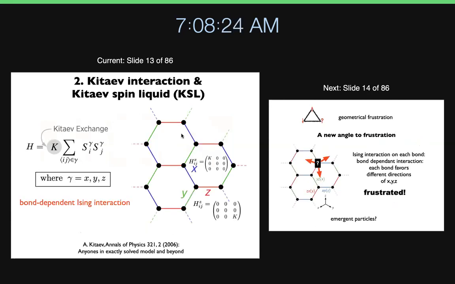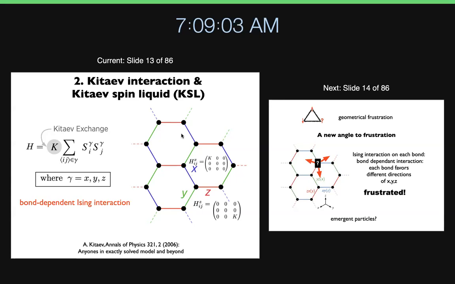All right, and a different angle came from the Kitaev interactions, where the Kitaev spin liquid, I will have just a couple of slides on this, basically has bond-dependent interactions. If I write down this interaction in terms of those matrix elements, that's the J_ij matrix element, the X bond here on a honeycomb is going to have a form of interaction where only this part is finite. On the other hand, for the Z bond here, this J_ij matrix will have only the ZZ component finite. So it's a very special kind of interaction.